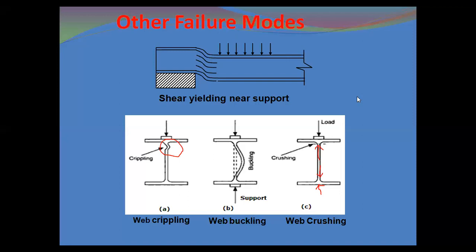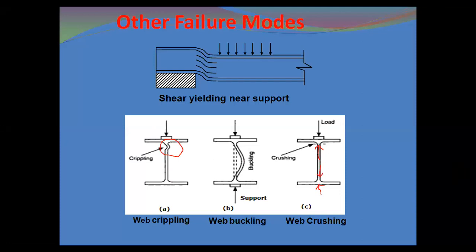No issue. So these are the other failure modes that take place in long beams. See, as I told you, short beams always undergo shear, bending and deflection. Long beams, before forming the plastic hinge, fail first in this way. So it will fail under web crippling. See how the web cripples. And then you can see even web buckling takes place as the web is very slender, and you can see even web crushing also takes place like this.